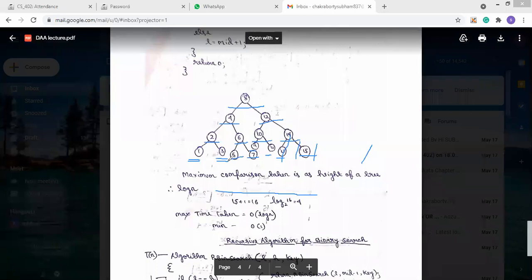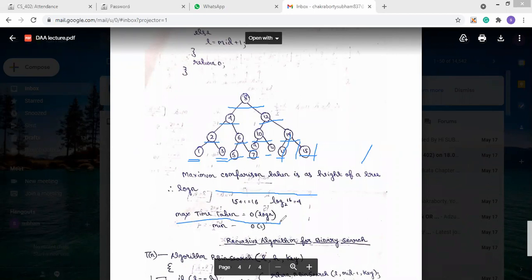So we can say that if the height of the tree is log n, then the maximum comparison taken is the height of the tree. So the maximum comparison taken will be in the order of log n, because we know that the height of the tree is log n.